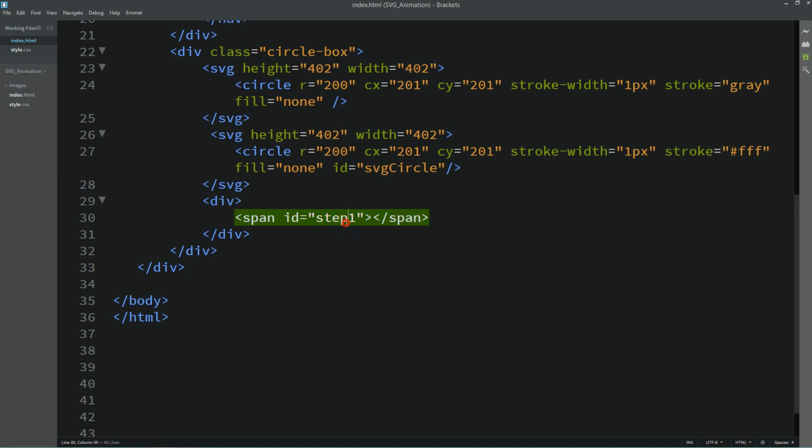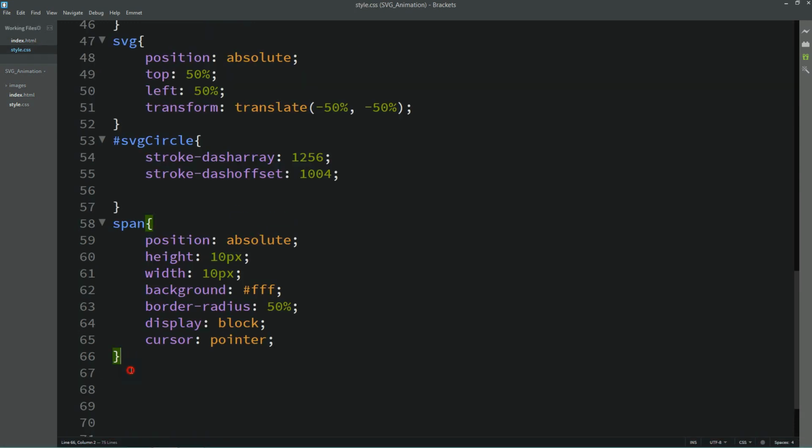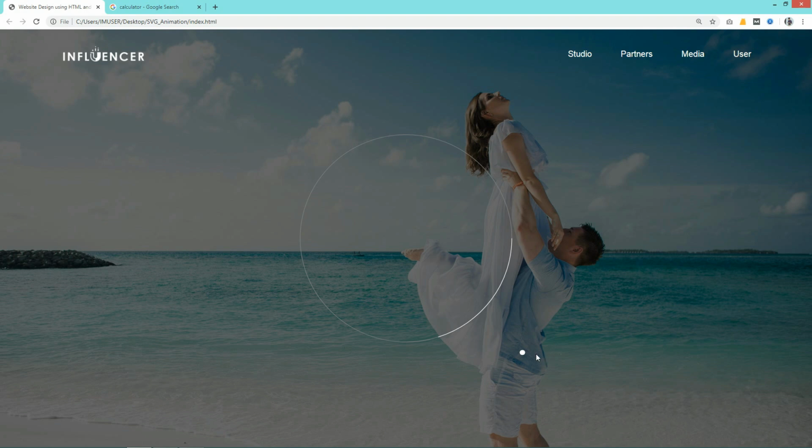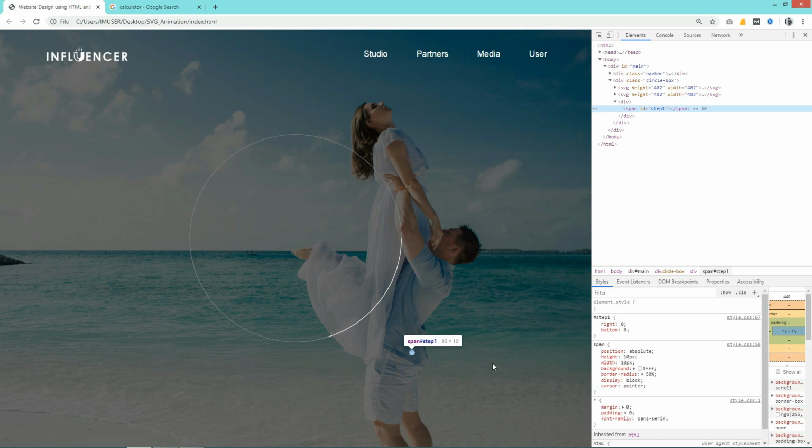Let's copy the ID, write it here, step 1. And for this one we'll write right 0, bottom 0. So right now you can see it is in this position. Now right click and select inspect. And here we will change the value of right and bottom, so that you can see it is moving from its position.